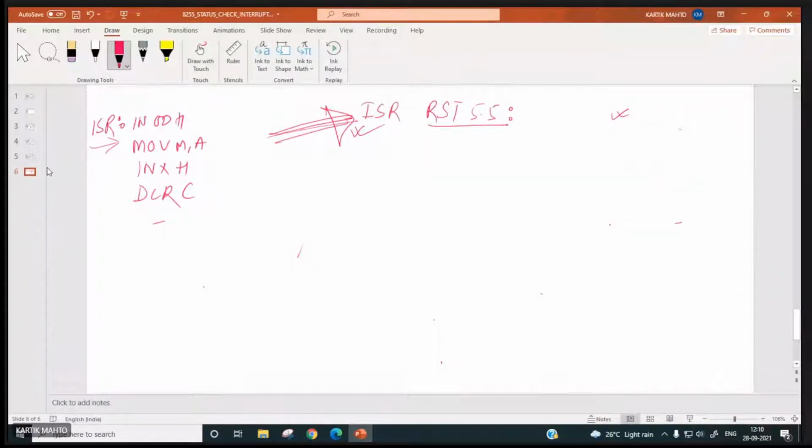You need to go through the programming examples given in your textbook, like Gaonkar or any other textbook of this microprocessor and microcontroller. Just go through the programming examples.